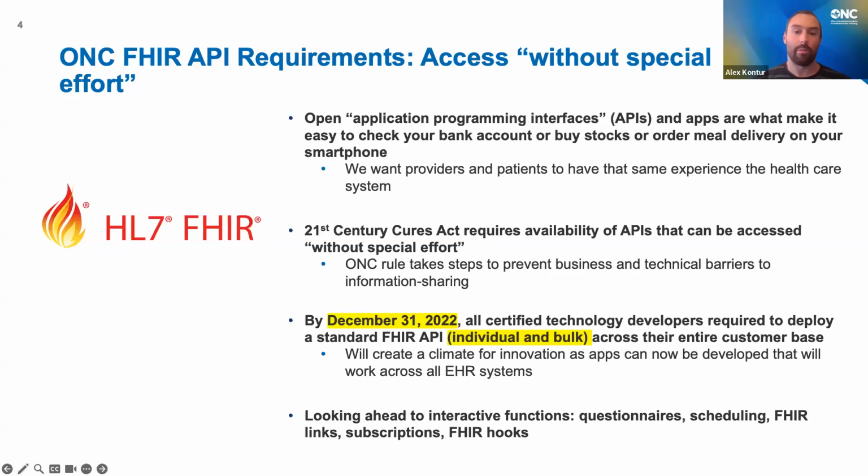And so now we can expect that all certified technology does provide these capabilities, does include these APIs, and makes data accessible, data in the form of what we call the U.S. Core Data for Interoperability, or USCDI, which is represented in the US Core FHIR Implementation Guide. And so now that information is essentially available from the vast majority of electronic health products that are implemented in hospitals, health systems, and doctor offices across the country.